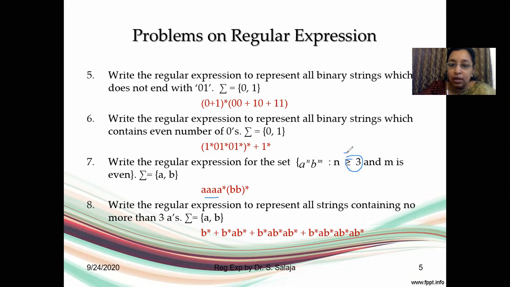And then here you have two conditions. One is n is equal to 3 and one is greater than 3. n is equal to 3 is a must. And therefore you have 3 a's followed by any number of a's, where you have an a closure. Now m has to be even. So any occurrences should have 0, 2, 4, 6, and therefore I have used two b's together.